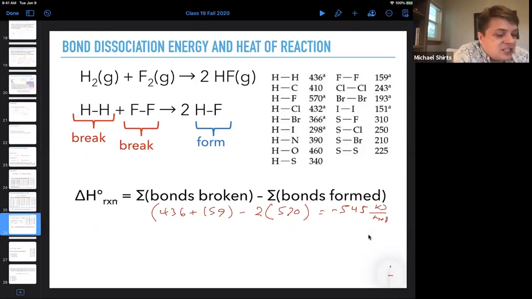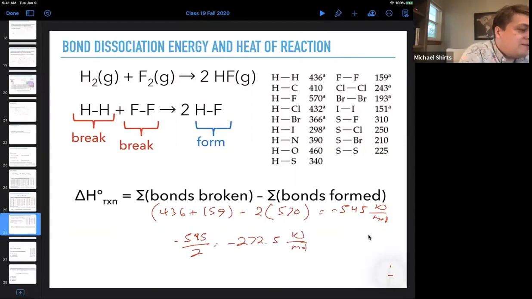Now you notice this is actually like twice the energy of the heat of formation, right? The heat of formation of hydrogen fluoride would be half a mole of H2 plus half a mole of F2 equals 1 mole of HF. So if we divide this by 2, we get minus 545 divided by 2 equals minus 272.5 kilojoules per mole. And if we look up the heat of formation, so this is approximately the heat of formation of hydrogen fluoride. If you actually look it up, the real delta Hf is minus